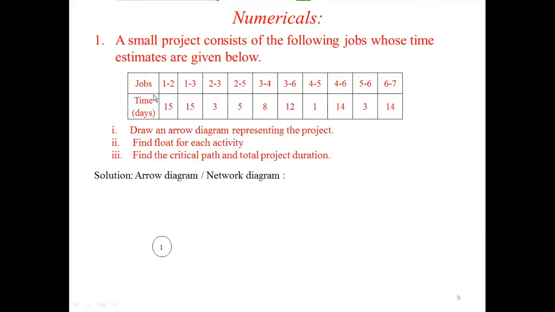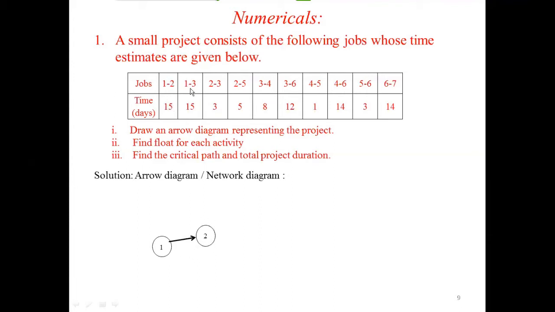It will start with node 1. In the given question, the total number of jobs we have is 7, and the activity between each job is given, that is from 1 to 2, 1 to 3. We have to represent the arrow diagram, or network diagram. Since node 1 is given, you have to represent 1 with a circle, and draw an arrow mark. That is the activity 1, 2. That means you have to write node 2 in front of 1.